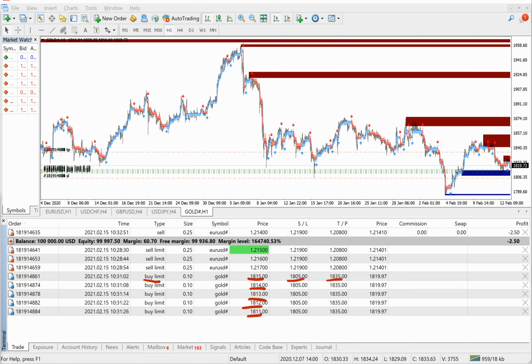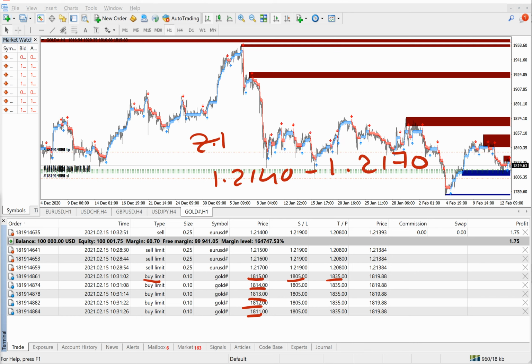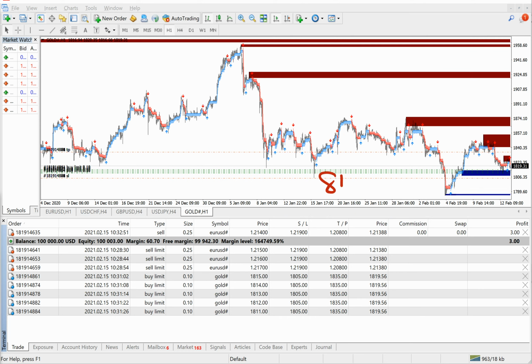You can see today's signal on our Telegram channel and you will find that today's given level for Euro USD is 1.2140 to 1.2170. For gold it's 1815 to 1810. So this is the gold chart, and you can see that our support demand and our trend indicator both have given the buy indication at this range of 1815 to 1810. So this is the reason we have sent these levels on our Telegram channel.